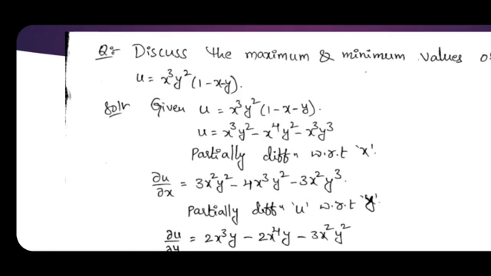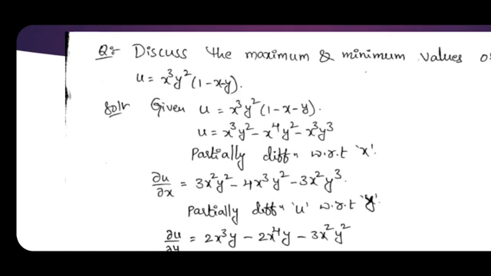First we take the function u is equal to x cube y square minus x power 4 y square minus x square y cube. Now we do the partial differentiation of u with respect to x. Then dou u by dou x is equal to, here x cube differentiation is 3x square, so we write here 3x square y square, and minus x power 4 differentiation will be 4x cube, so 4x cube y square. Y square is the constant. Why? Because here we are doing the partial differentiation with respect to x, so here y is constant.